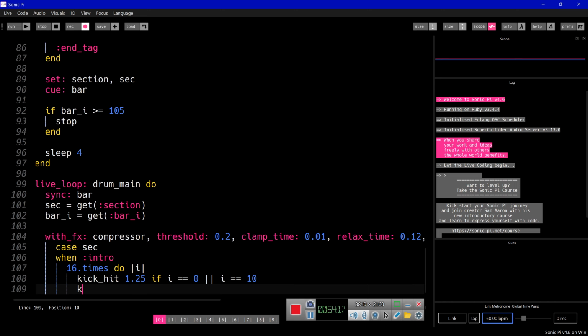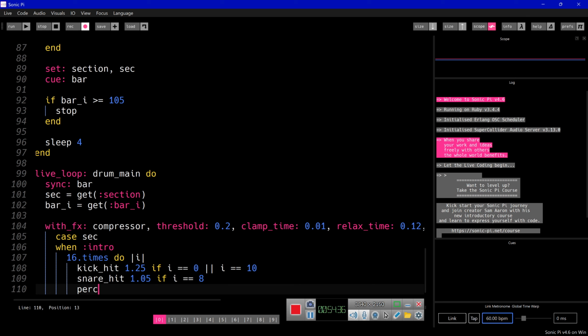So then this na here would be 1.05 if I is equal to 8,